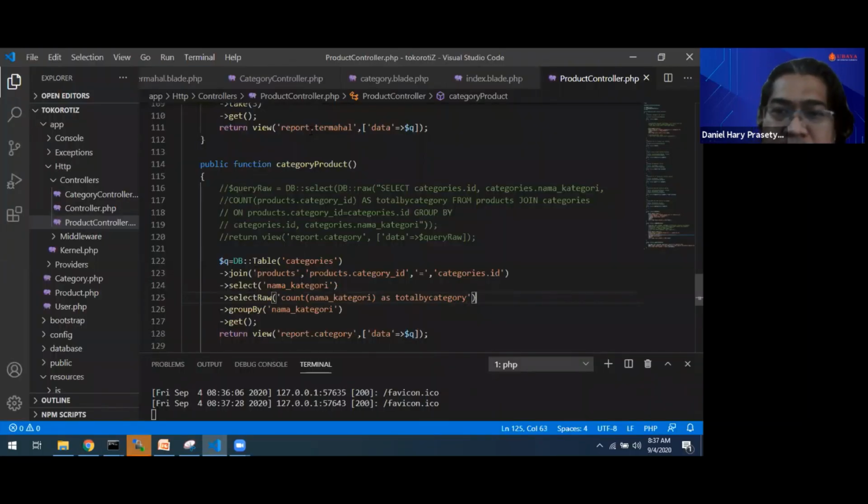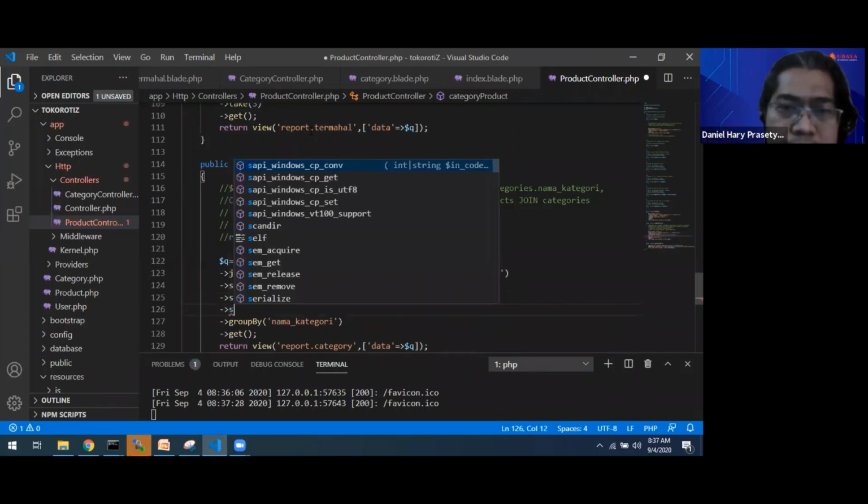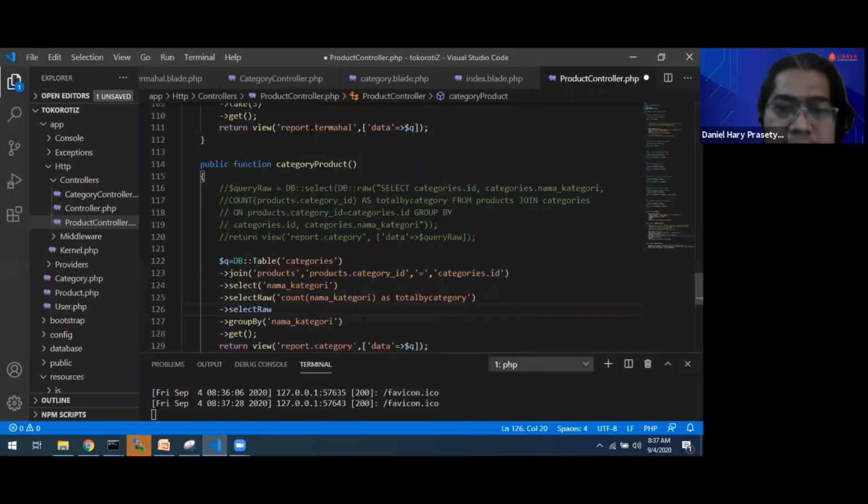So we can use this one, and we add another aggregation for the total number of stock. Select raw, sum products dot stock as total stock.